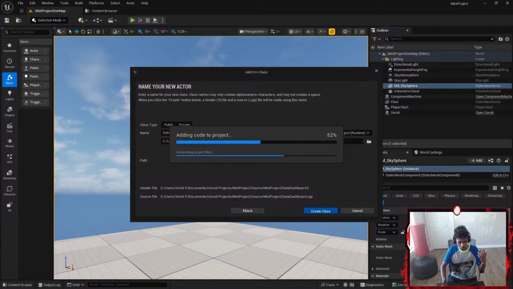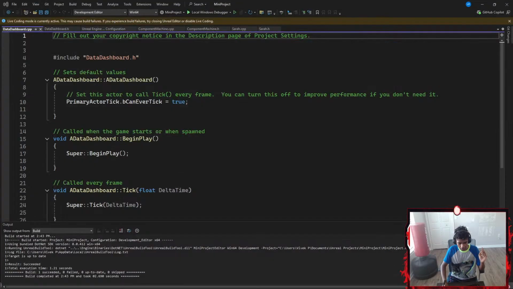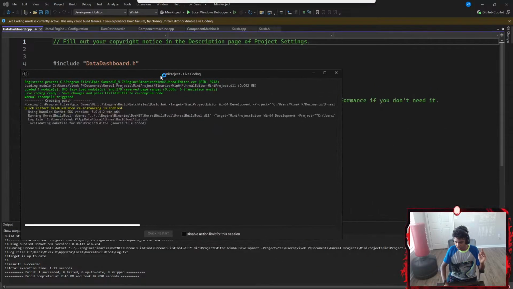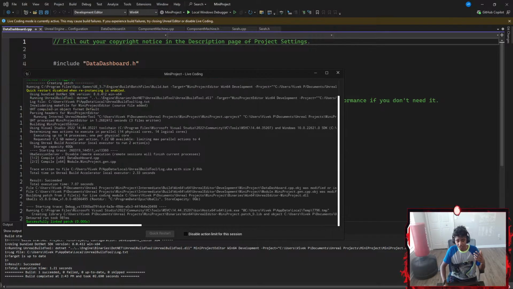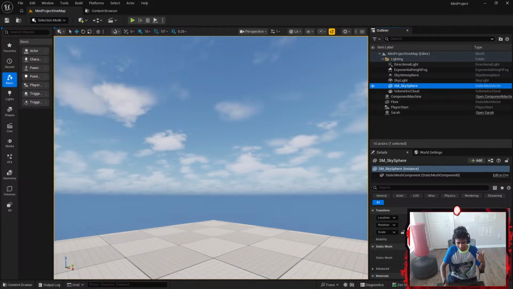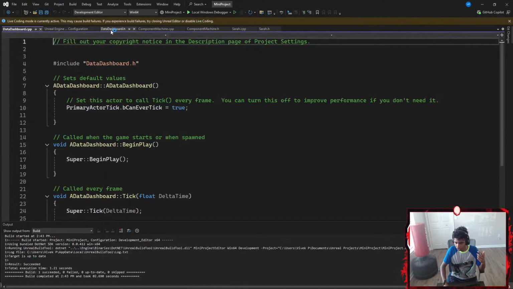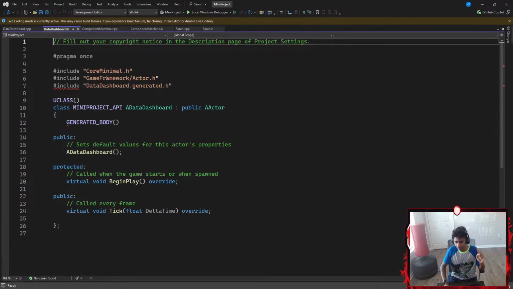Now my data dashboard class is going to be, let's say, a C++ class. Let's wait for it to add to our Visual Studio. I'm going to go ahead and open my Visual Studio up here, reload all, wait for this to compile. Okay, once it's done compiling, I got to go ahead and use all of these variables. I got to create an actor label variable. Let's open Visual Studio here. Let's remove my Unreal Engine configurations. Now I'm assuming in my header files.